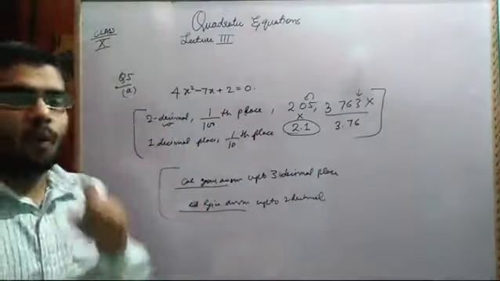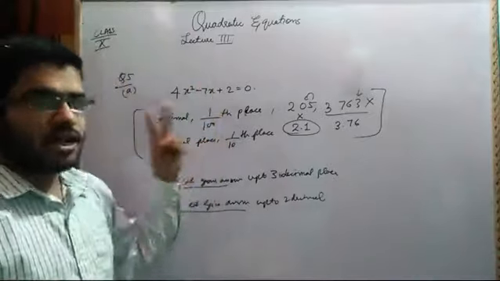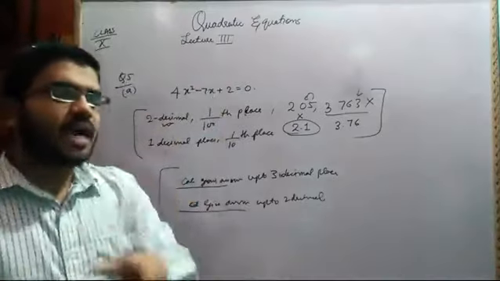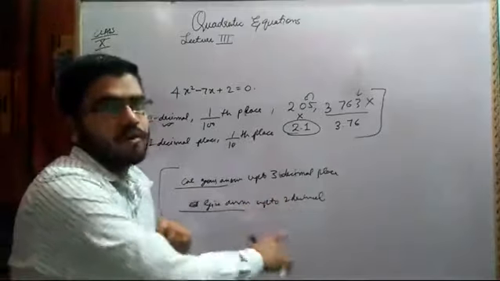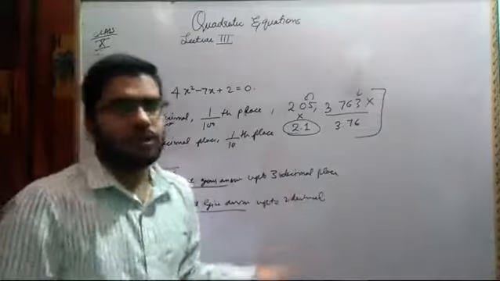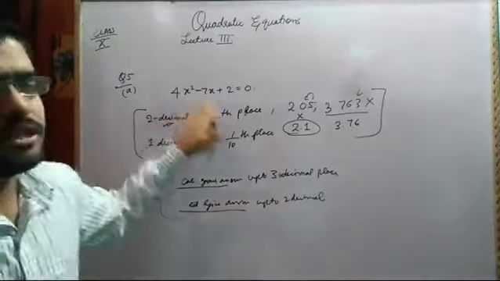If they are asking you for 1 decimal place, then you have to solve up to 2 decimal places up to the second last step, and then at the last step you have to go for 1 decimal place, and do the round off at this place. Now significant digits and all that, I hope all of you know. I don't think I need to explain here. Now I will be solving this question right now.